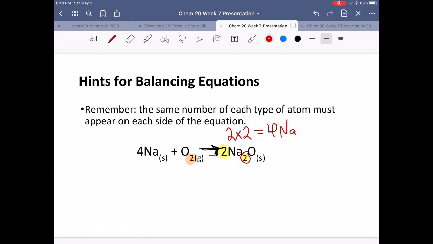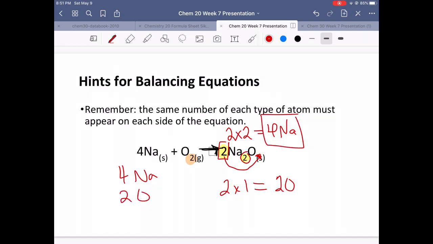Is that true in this case? Yeah, for sure, because this 2 is going to multiply the invisible 1 that's by that oxygen. There's definitely 1 oxygen present, right? So 2 times 1, the 1 that's there, we end up with 2 oxygens. We're good. 4 sodiums on the left reacting, 2 oxygens on the left reacting, 4 sodiums produced, 2 oxygens produced,